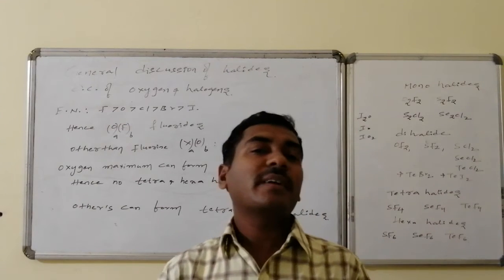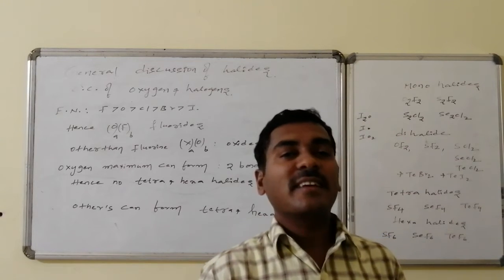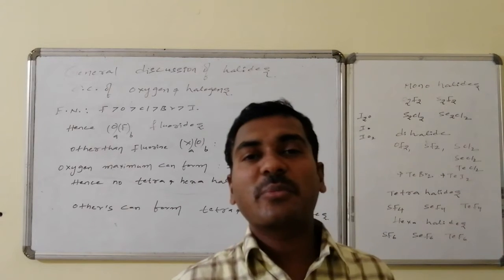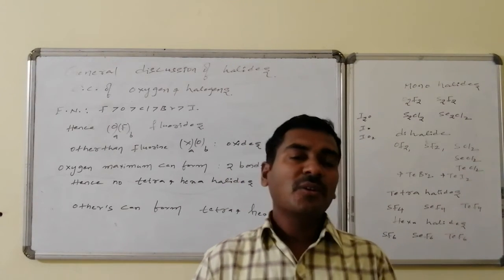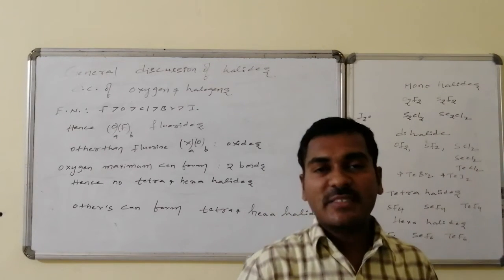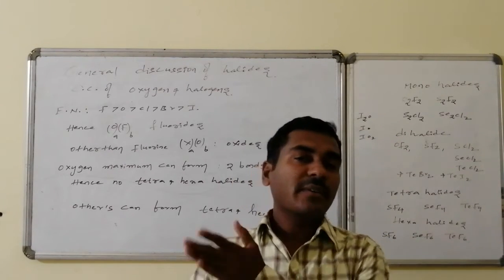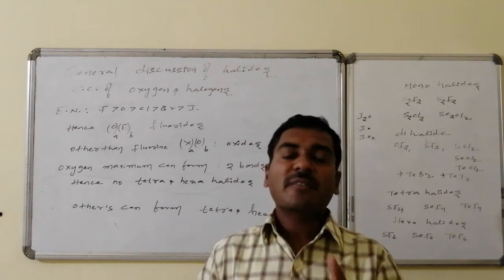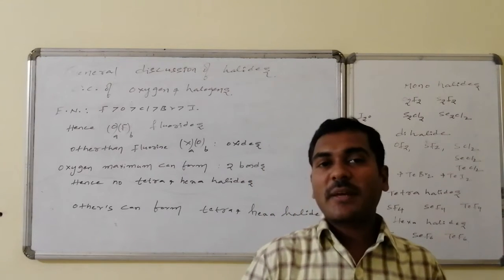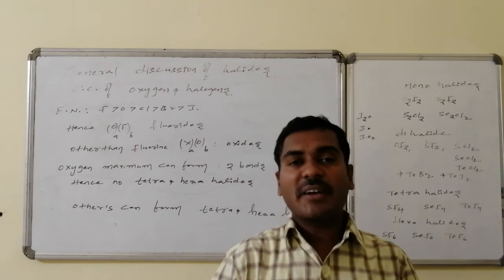Whereas out of the different varieties of halides of the same element, fluoride is there, chloride is there, bromide is there, and the iodide is there. If you look at stability, the stability of fluoride is higher compared to the chlorides, the bromides, and the iodides. This is because fluorine is a smaller atom, the corresponding bond length will be smaller, and the bond energy will be maximum. So for any element of the 6A group, the corresponding fluorides, chlorides, bromides, and iodides of the same atomicity, the fluorides are more stable than chlorides, than bromides, than the iodides.